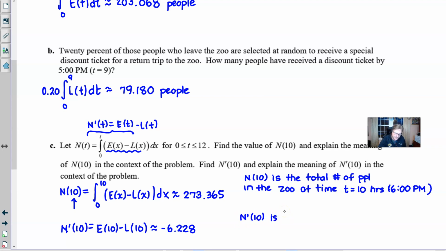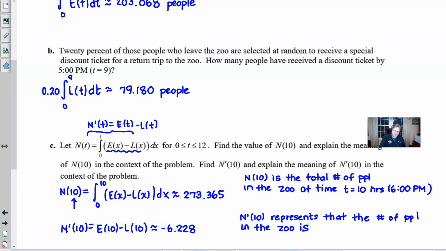is, let's say this, it represents, now I'm using the longer word, that the number of people visiting the zoo. Notice I stay away from the words enter and leave. We're talking about the people who are in the zoo. We could even use the words in the zoo. Maybe that might be a little more clear so it doesn't confuse with enter. Plus, it's a lot shorter. So the number of people in the zoo